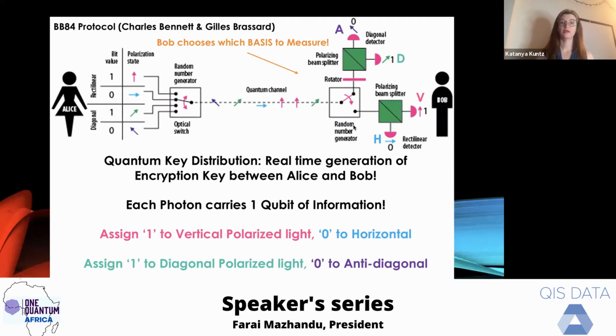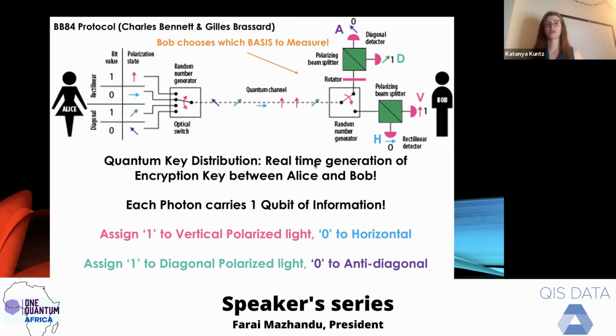And again, this needs to be inherently random, and it needs to be a different set of random numbers than what Alice used. So in QKD protocols, some people seem to glance over the fact that we really need quantum random number generators as well for these protocols to work properly. Then we have our detectors, and these detectors are just beam splitters, and they are just going to measure with photodetectors whether there is a photon or not.